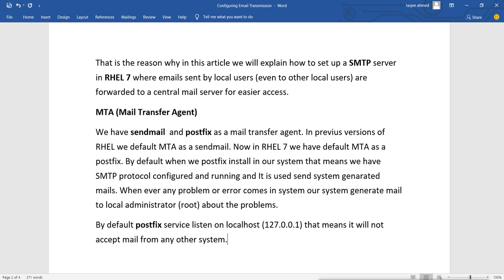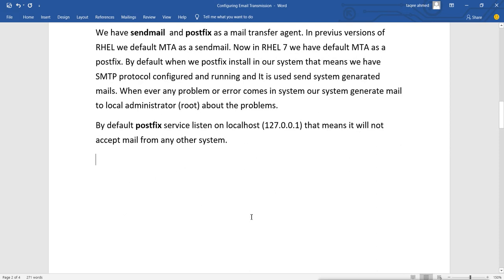So now let's see first how we can configure it. Maybe it is not installed, or maybe it is installed, but we will do the configuration. For configuring this, first the package requirement.